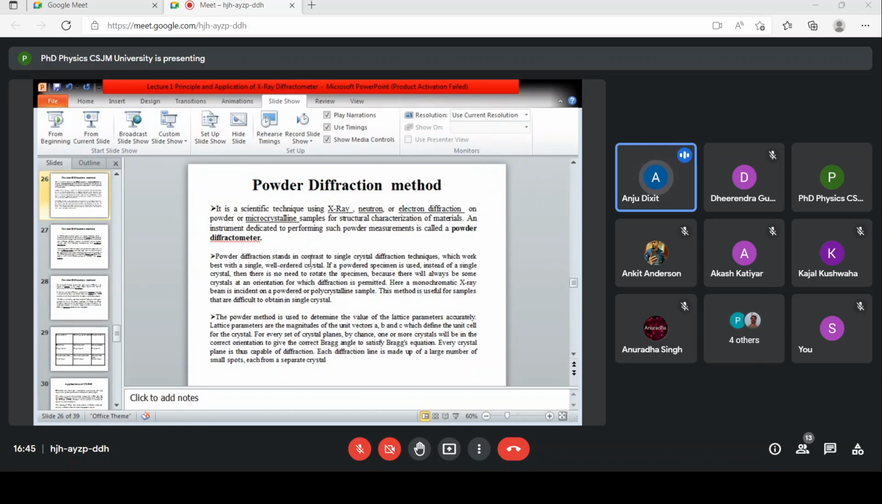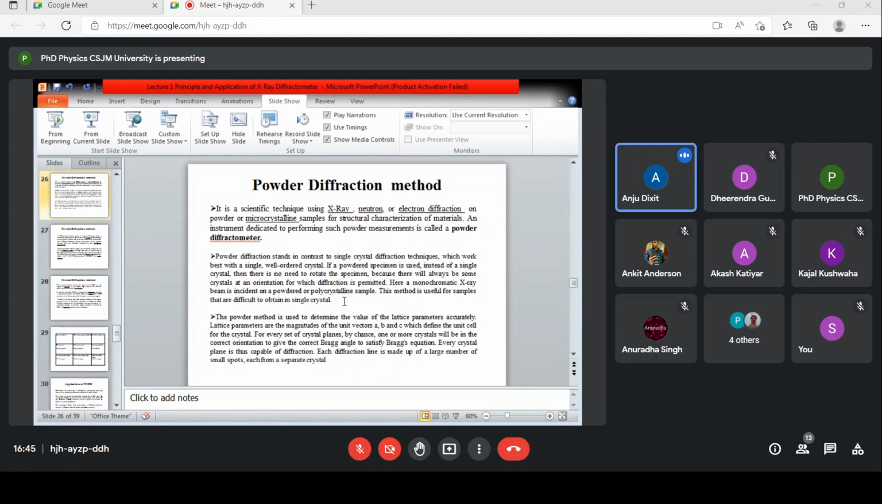Powder diffractometer stands in contrast to single crystal diffraction techniques, which work best with single well-ordered crystal. If a powder specimen is used instead of a single crystal, then there is no need to rotate the specimen, because there will always be some crystal at an orientation for which diffraction is permitted. Hence, a monochromatic X-ray beam is incident on powder or polycrystalline sample. The method is useful for samples that are difficult to obtain in a